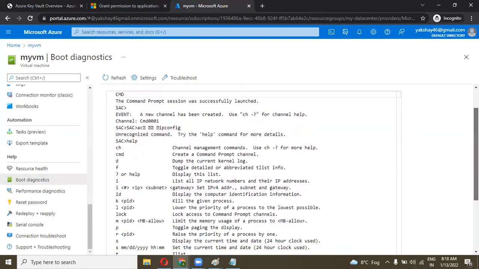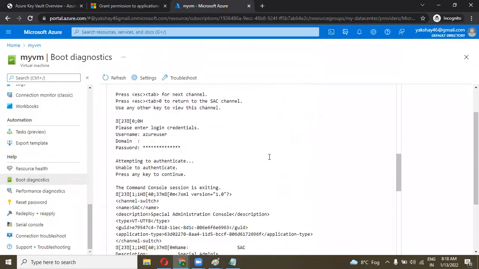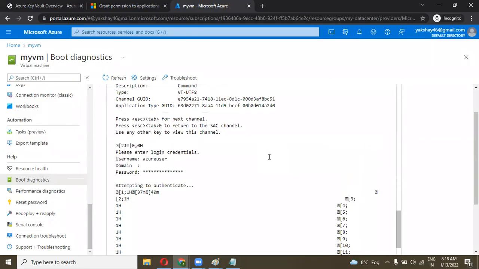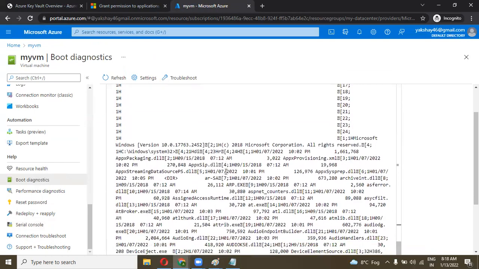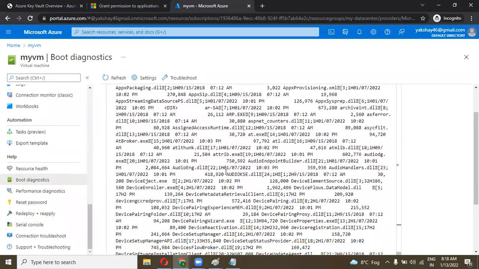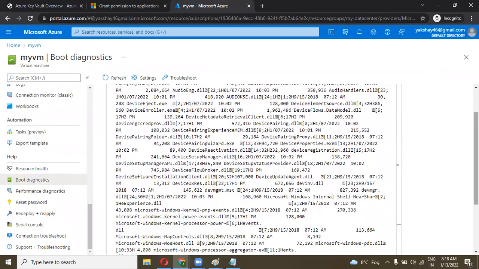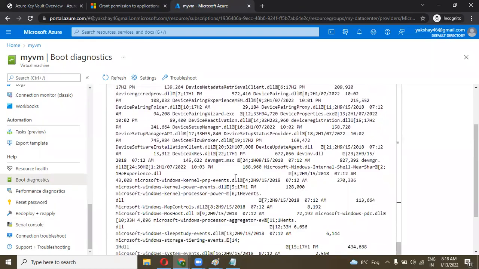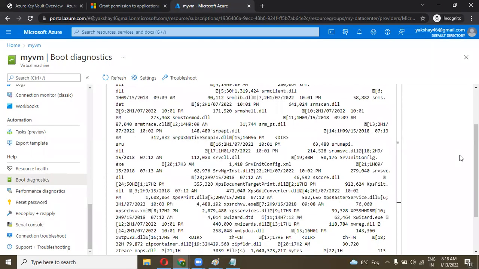You can see I typed something here, and in the last part, I am trying to log in to the machine and the domain is attempting to authenticate. This is not in a readable format, but there is a tool available in the market to turn these commands into a readable format.